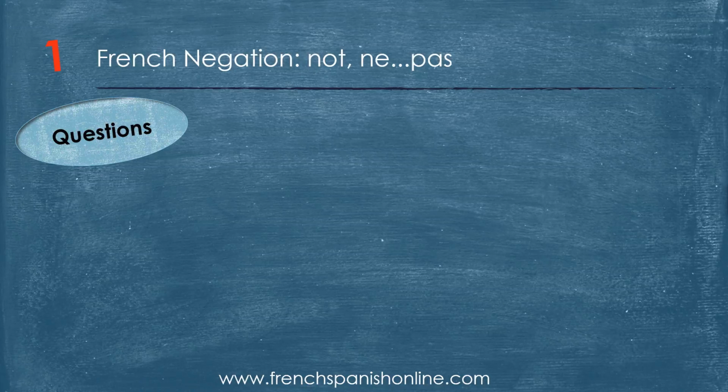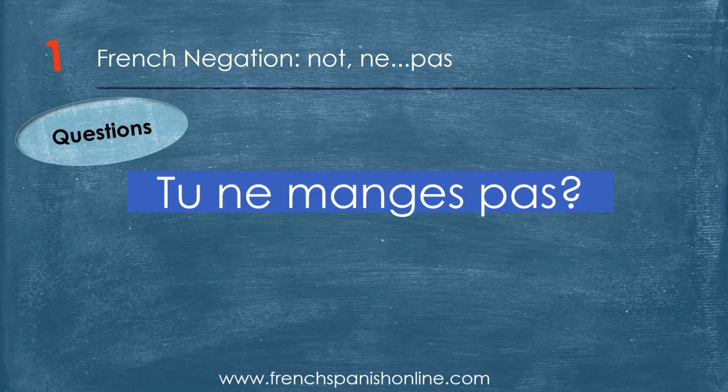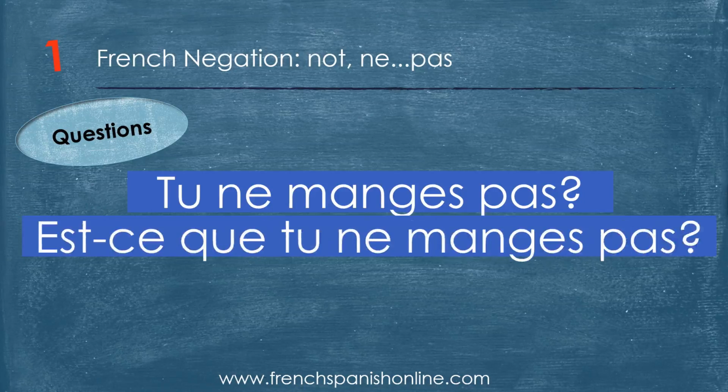When we have a question, you know that in French we have three question forms. For example, when you take just the affirmative sentence and you raise your voice at the end of the sentence, so you've got a question. Tu ne manges pas? So actually the same, that's the affirmative, just you raise the voice. You know that we have the est-ce que question. Est-ce que tu ne manges pas? So here the same thing actually, because you've got just the affirmative sentence and you add at the beginning est-ce que, so no change for our negative form, ne and pas.